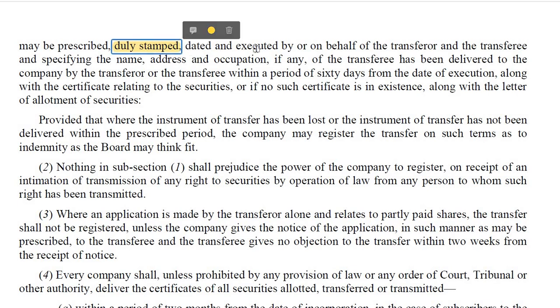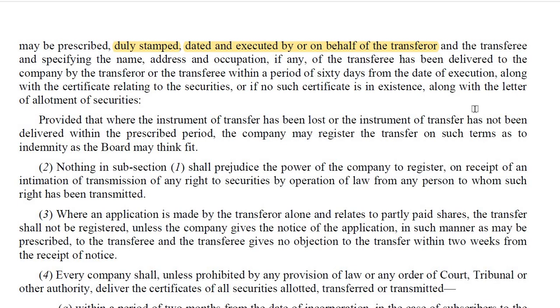It will be dated and executed on behalf of the transferor, as the Demat account appoints the depository handler as power of attorney, and the transferee and the specifying name, address and occupation,